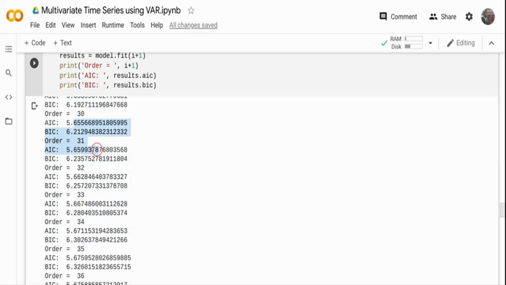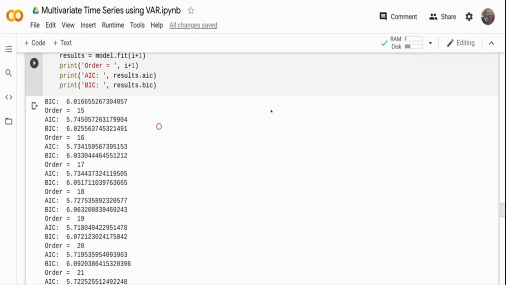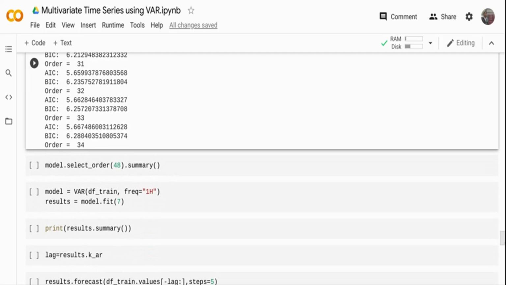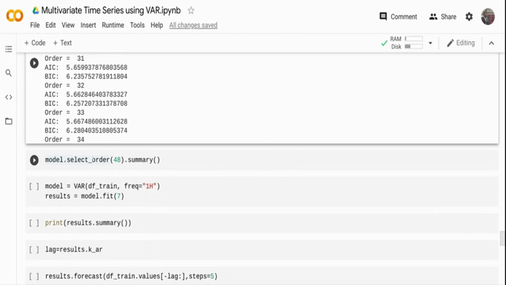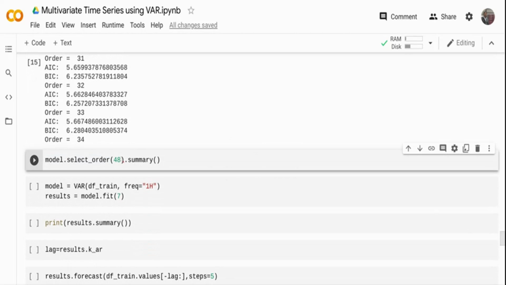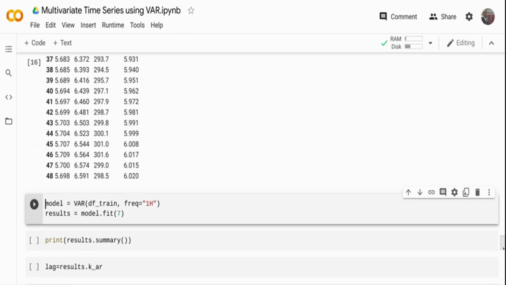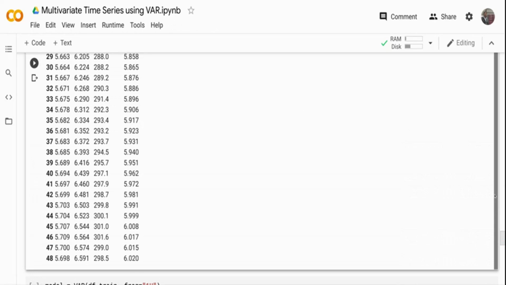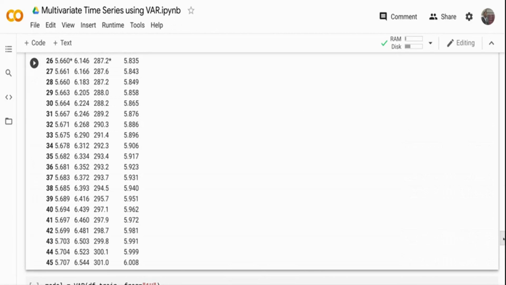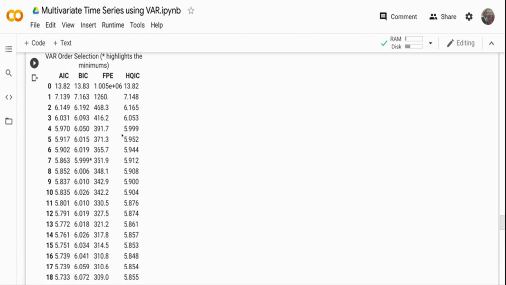All right. So the other, better way to do it, rather than going through and seeing which one to pick, is a method called model.select_order. I have already defined the VAR model with the training data frame and the hourly frequency. I'm calling that model, calling select_order for the number of lags, and printing a summary of it. Once I run this, it's going to give me a table like this. And this table prints all the AIC and BIC metrics and FPE metric,